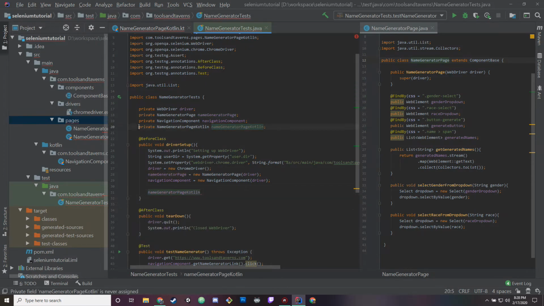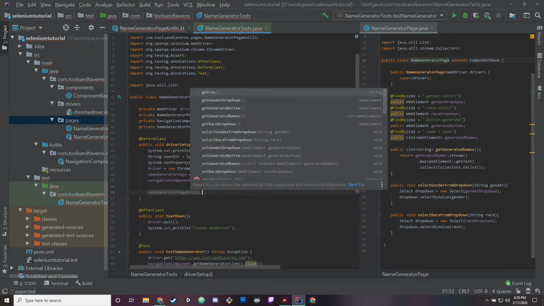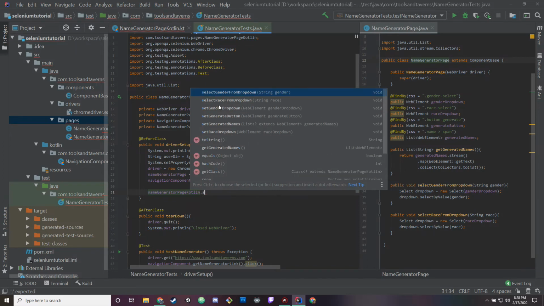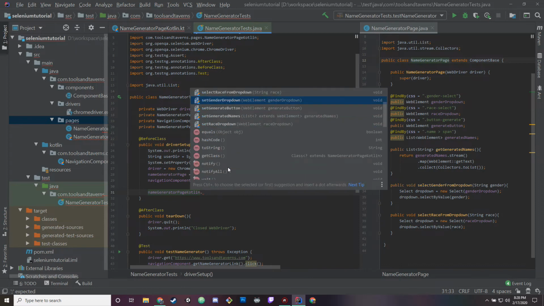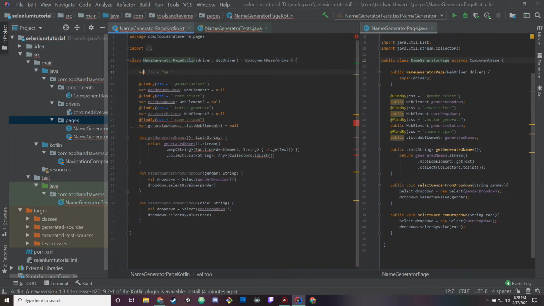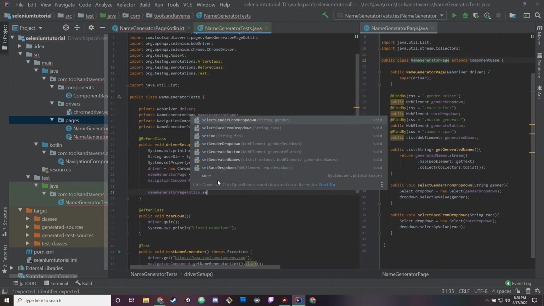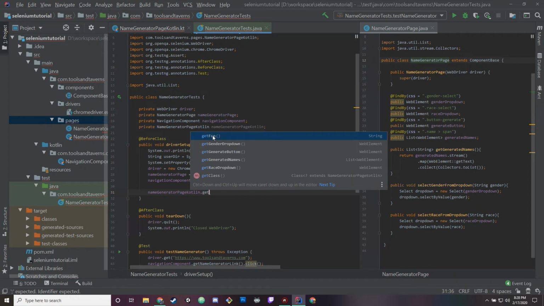this one, this guy right here, if I hit dot, notice how it has a get foo right here already at the top, get foo, and then if I type in set, you can't set it because it is a final. I put val here because it's a final. If I put var, I should see a set now. See, set foo. So already there's a get foo and a set foo. So they auto create these